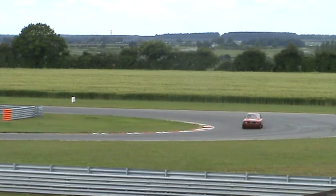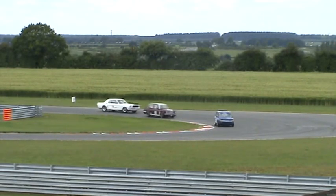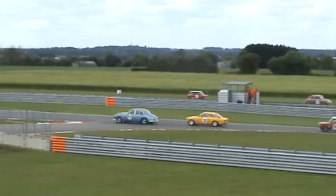And there's James Fuller in the Alfa braking extraordinarily late it appeared for the Montreal Hairpin. He runs in 7th. There is the Anglia of John Pugsley. He leads Class D. There's Roger Phillips, I think, running in 9th. There's one of the Mustangs. That's Simon Miller. Big scrap here. David Hill at the front of it. He's just ahead of the Anglia